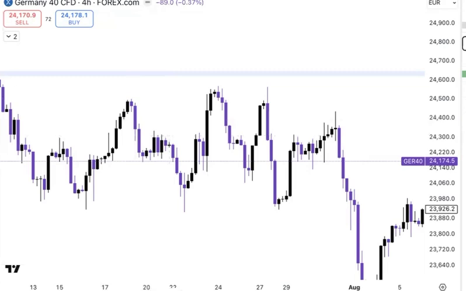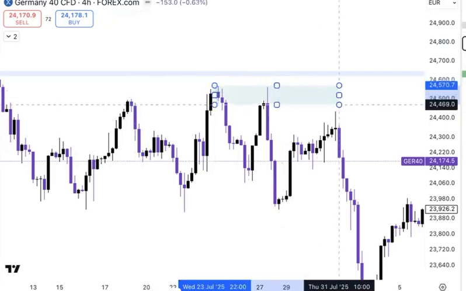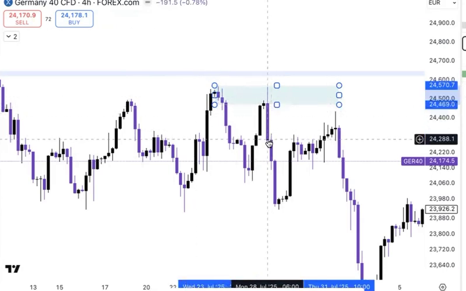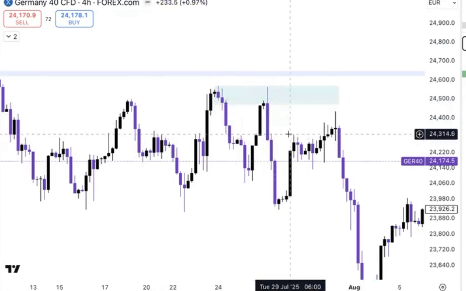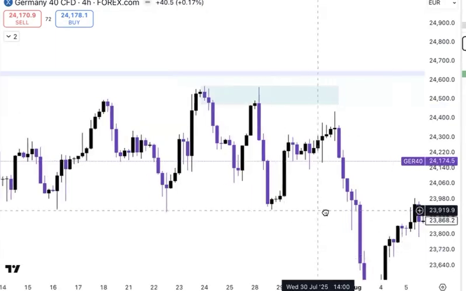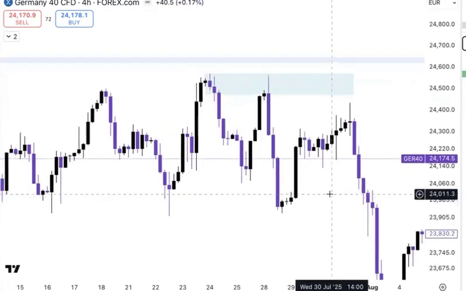Once you identify a level of supply or demand, so for example, let's say we have this level here. We have a level of supply here. Price has tapped in. Now let's say you've missed this move. You've missed this big sell-off. Maybe you're not confident enough to take a trade from here. Whatever the reason may be, it doesn't matter. I'm going to show you a way that you can scale in for the move to the downside without much